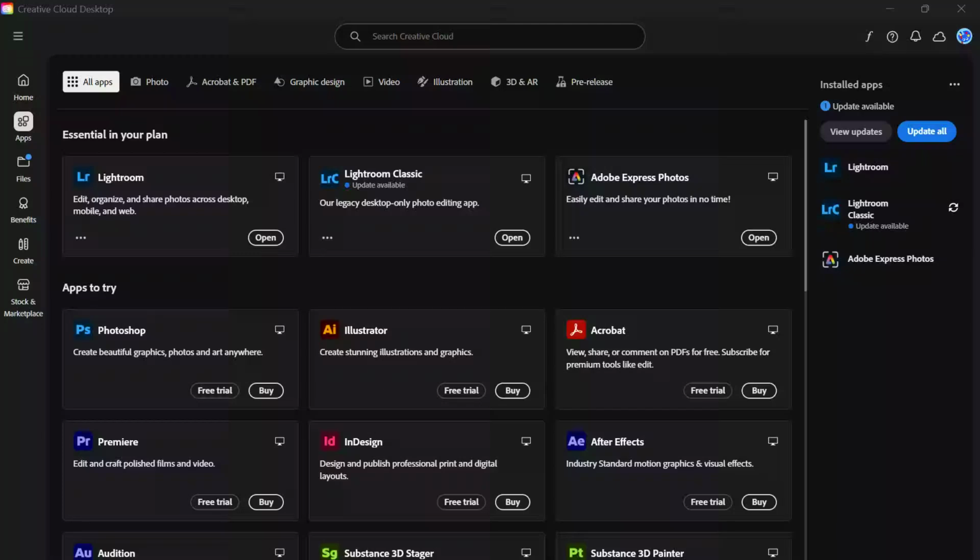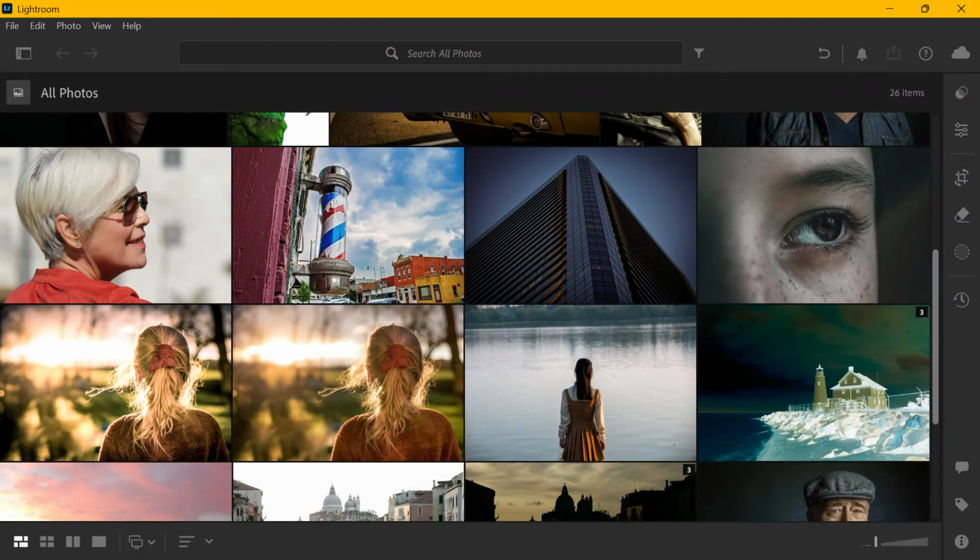If Lightroom is throwing error 107, don't worry, because in this video I'll show you the fastest way to fix it on Lightroom Desktop. This error is usually caused by a cloud sync problem, a login session issue, or a connection issue with Adobe servers. The good news is that most of the time, you can fix it in just a few simple steps